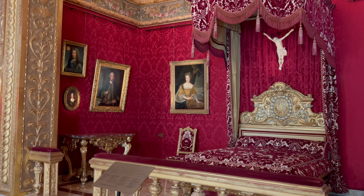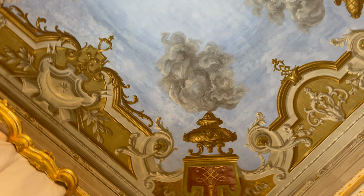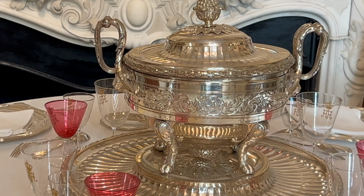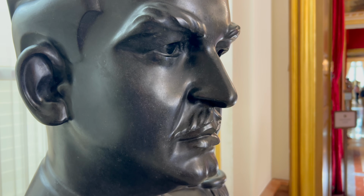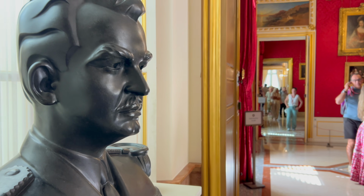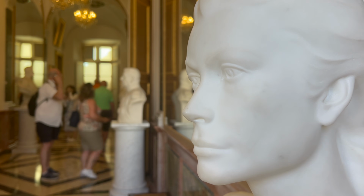A tragedy took place in this room back in 1767. The English Prince Edward, Duke of York and Albany, brother to the king, passed away here at just 28 years old. The Prince's Gallery displays busts and paintings of former Monegasque princes, and in some cases their wives, including Prince